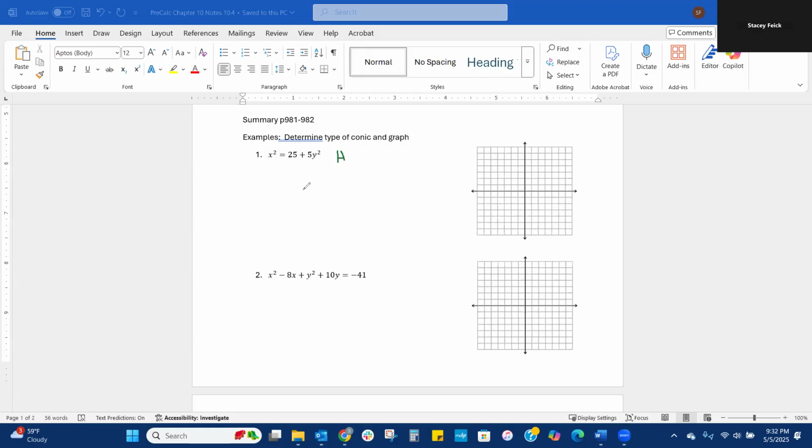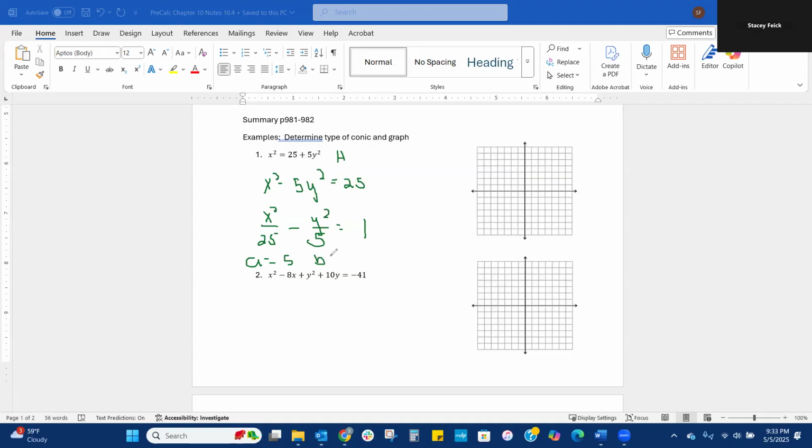In order to graph this hyperbola, the first thing we need to do is put it in hyperbola form. So we're going to rewrite this as x squared minus 5y squared equals 25. And then we're going to divide by 25 so that we get 1. So we have x squared over 25 minus y squared over 5, and that equals 1. So in this particular instance, our a equals 5,